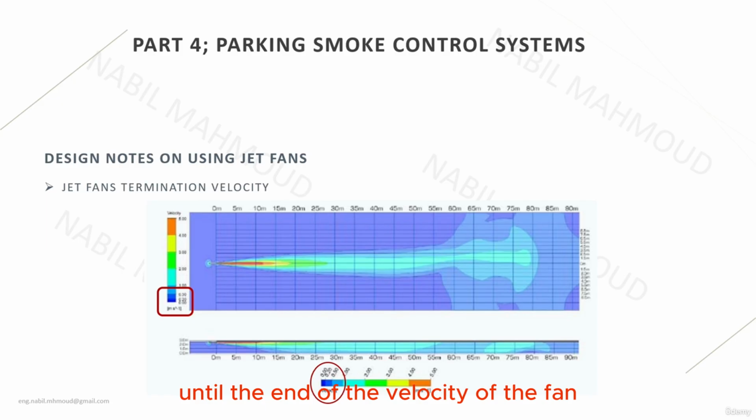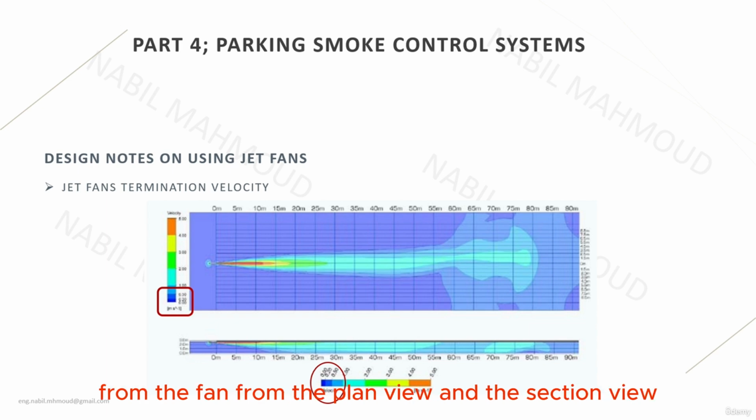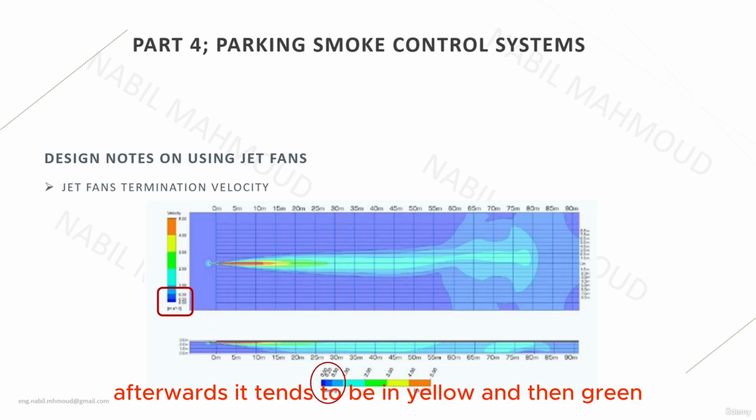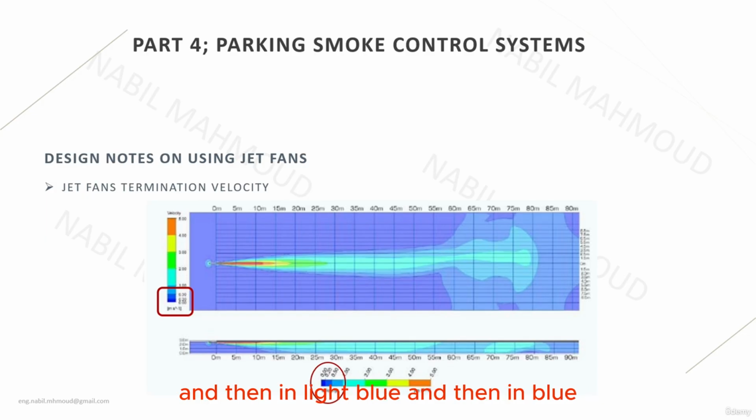velocity of the fan. We can see that the jet, or the primary jet, coming from the discharge of the fan, from the plan view and the section view, has a red color, which means that this is the highest velocity area. Afterwards it tends to be yellow, and then green, and then light blue, and then blue. This shows you the indication of the decay of the momentum and velocity from the primary jet from the jet